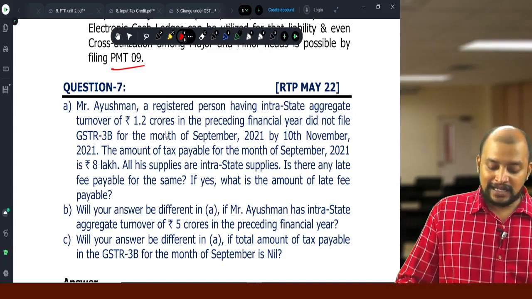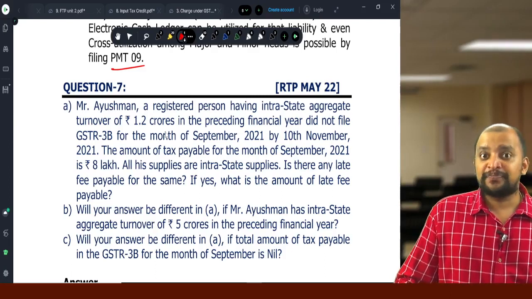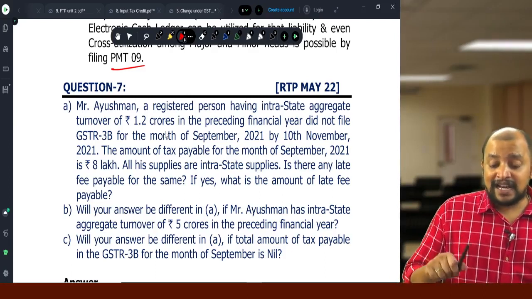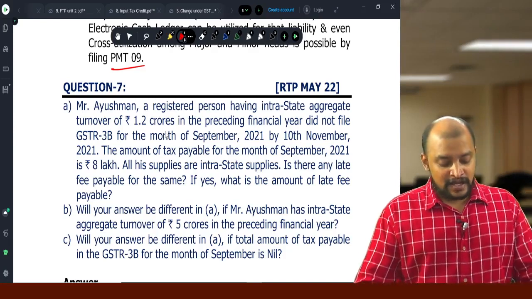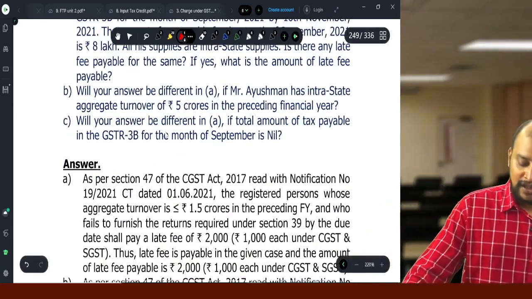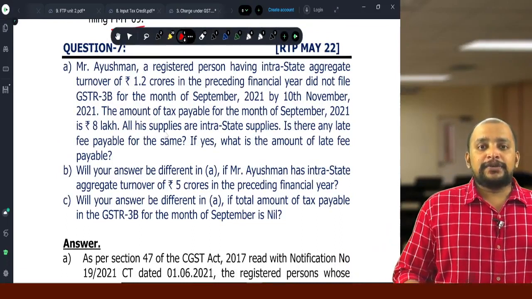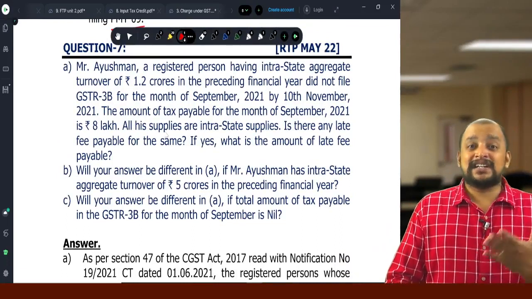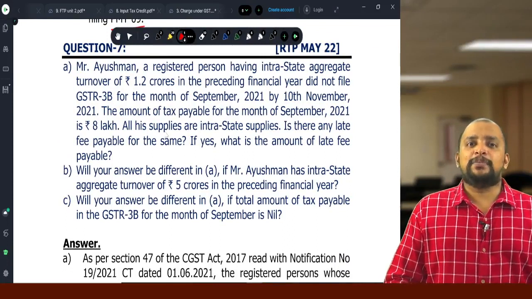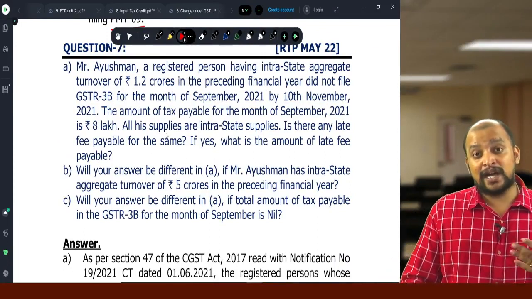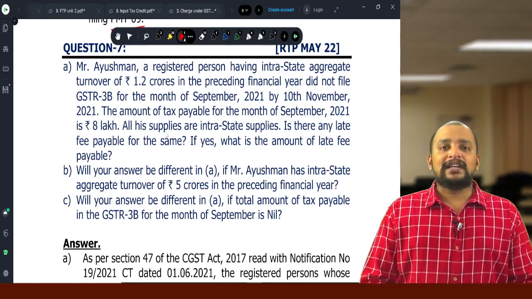Yes, there is a late fee that is payable. This is for delay in filing returns, not only interest, but there is a late fee that is payable. And what is that late fee? The late fee provisions are there in the returns chapter. So the late fee will be for delay in filing GSTR 1 and GSTR 3B. The late fee will be